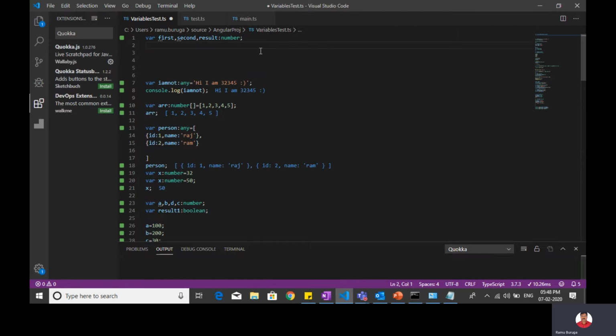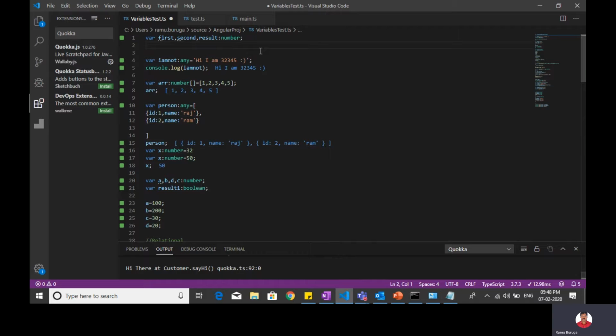Any variable you can take, whether it may be a number, string, or array, you can declare anything. If you want to declare an array variable, I have given it the name array, of number type of array, like we normally do in other programming languages. I declared a number type of array and assigned a value directly here. When I print this variable in some other place, it gives me the results also. Okay, this way you should declare array variables.